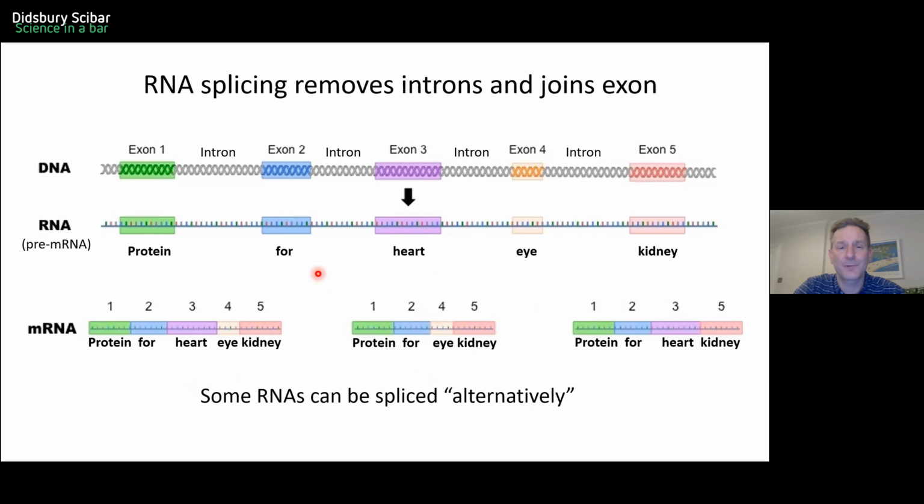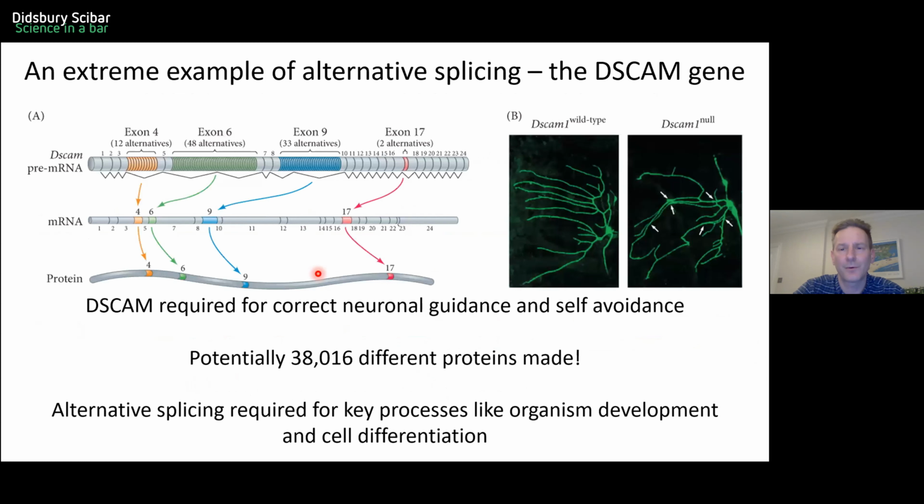And this next example is a really interesting example that I always love showing the students. This is an extreme example of this type of alternative splicing. And this is this gene called a DSCAM gene, which is required for correct neuronal guidance and self-avoidance. So you can see here, you've got nice neurons here, but when you get rid of the DSCAM, they get disorganized, they start associating with each other. So this DSCAM gene is very